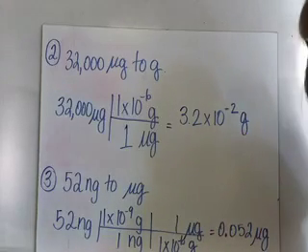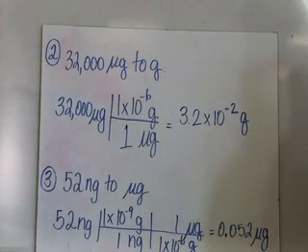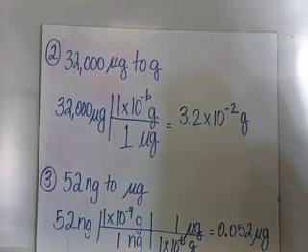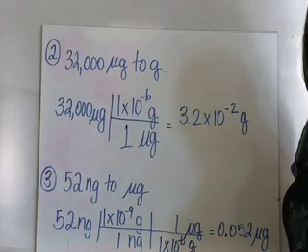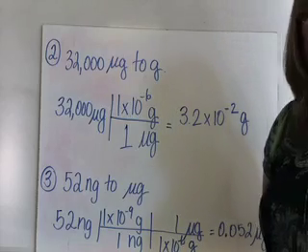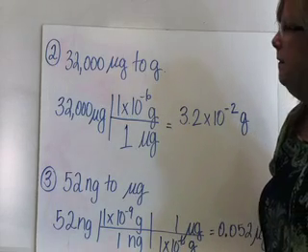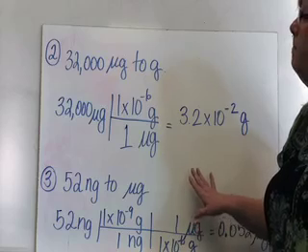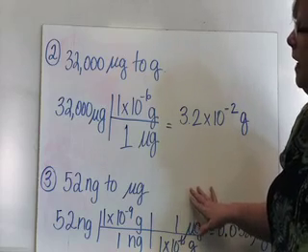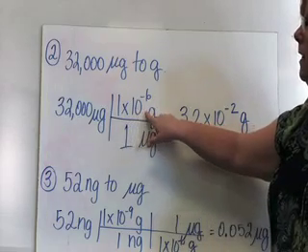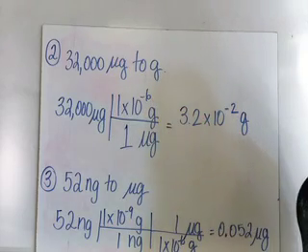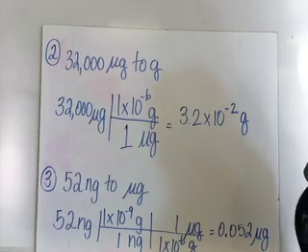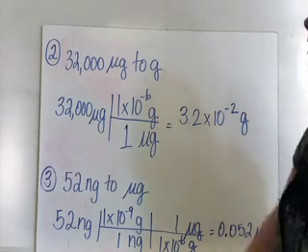Here's another one. Let's use a different prefix. 32,000 micrograms, and let's convert that to grams. Well, we need to remember from a previous board that micro is defined as 1 times 10 to the negative 6 grams. All right, same method we used in the last practice problem. Start with what's given,